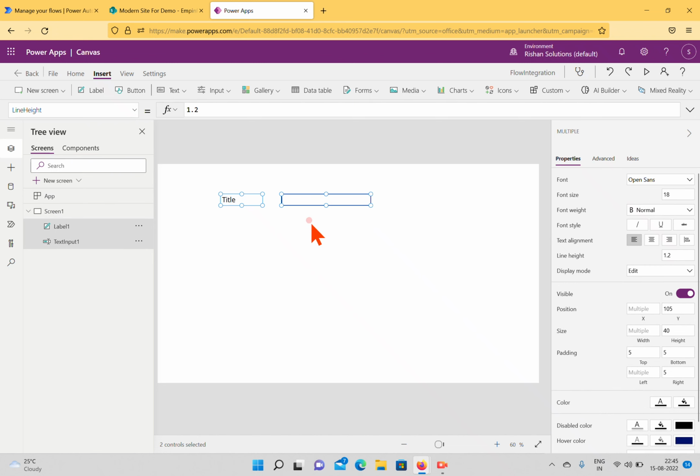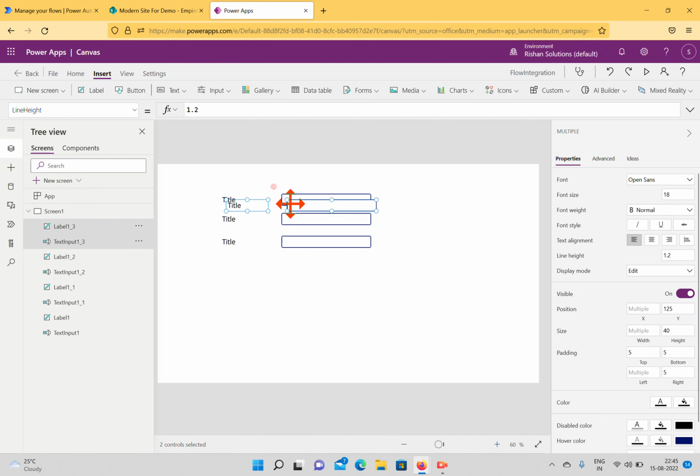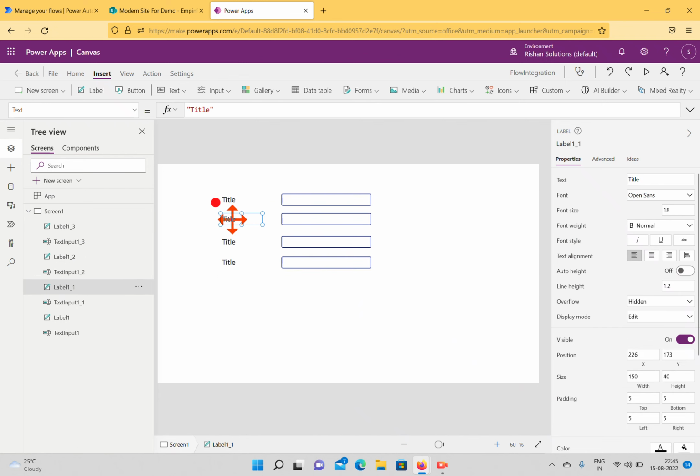We'll copy this, and paste it, and then we'll paste once again, and again I'll paste once again. So in total we have 4 fields. We'll change these labels from title to name, and then